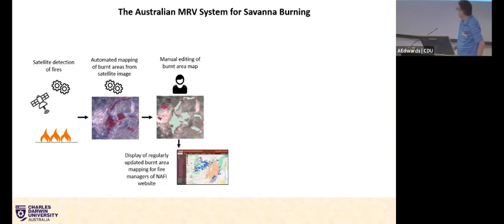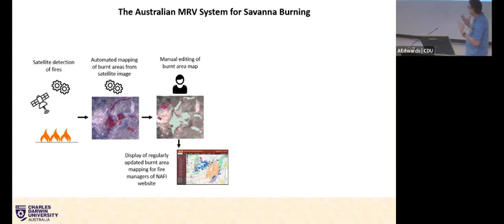And every time there was a regular overpass, we displayed these maps of fire scars and hotspots as regularly as possible, because these fires are moving across the landscape and people need to respond to them. And we put it on a website. Although a lot of them are private property owners, they need to know what their neighbours were doing. If you're a government agency, you might want to know what the fire activity is over the whole region.